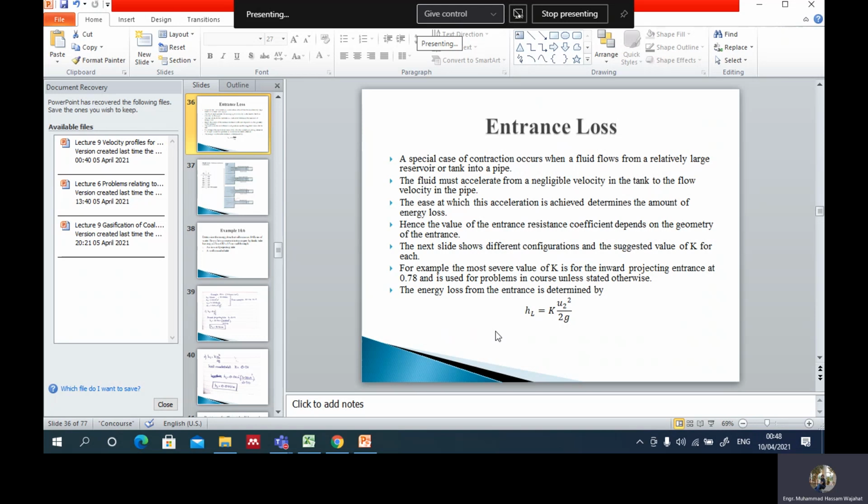That is the second point. The third point is the energy loss. Energy loss in contraction is less than the energy loss in expansion. I am talking about sudden. Why? Because there the turbulence is very high in sudden enlargement, and in enlargement, losses are happening directly from friction of the fluid also. What is happening here? Here a loss is happening in contraction till it is coming to vena contracta. From the vena contracta, it is then expanding. So the loss is slow, the loss is less.